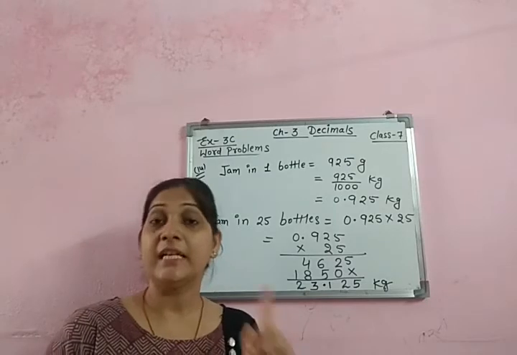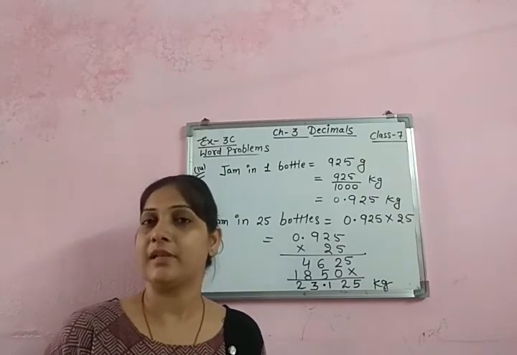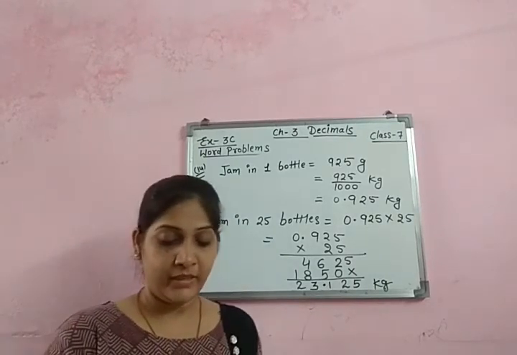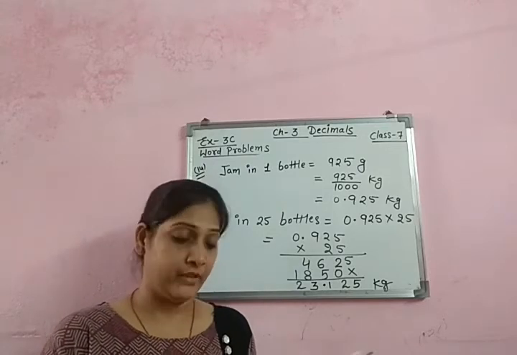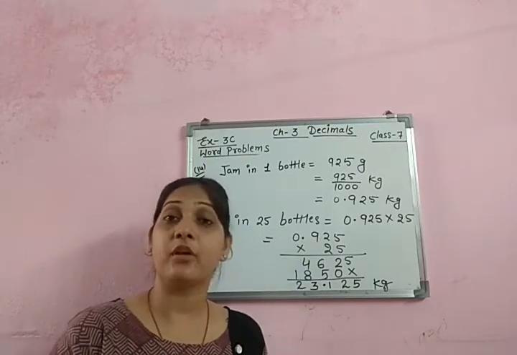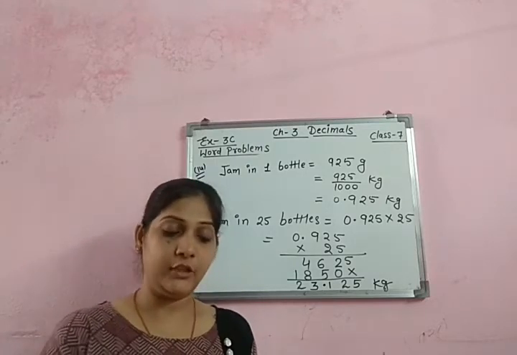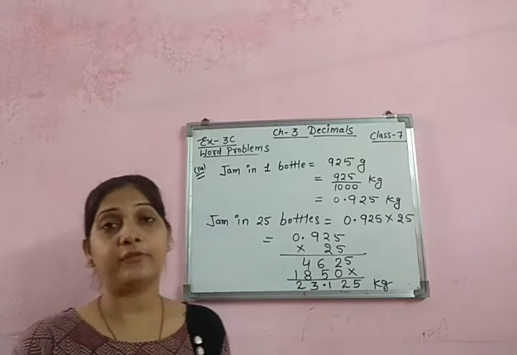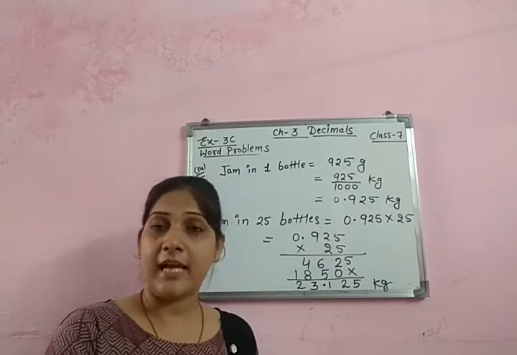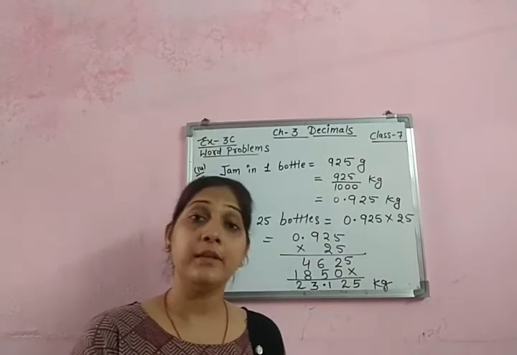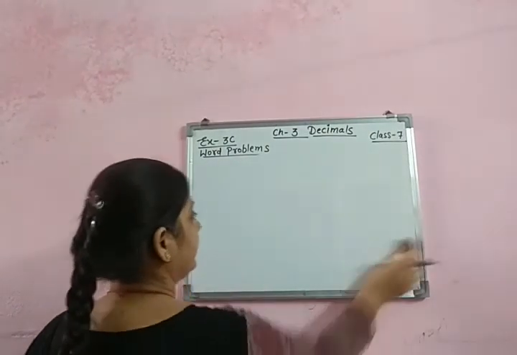Children, in this question, both numbers are decimals and you know how to multiply a decimal number with another decimal number. In the same way, there is another question, 17. I am explaining 17 and doing it on the board also, which will help you solve 16. The cost of 1 meter of cloth is given. Can you find the cost of 18.5 meters of cloth? So 18.5 is more than 1, and if we are finding for more, we have to multiply. Let's do this question. Question number 17 I am doing.